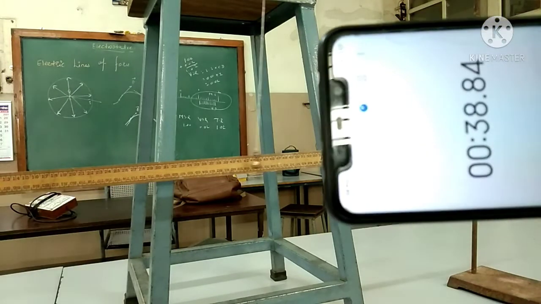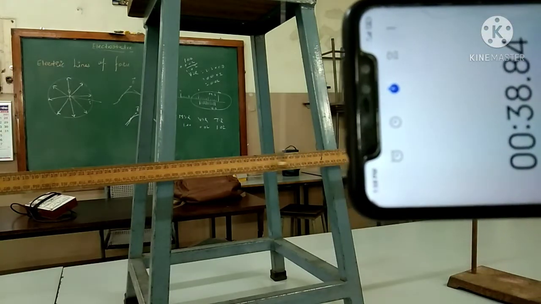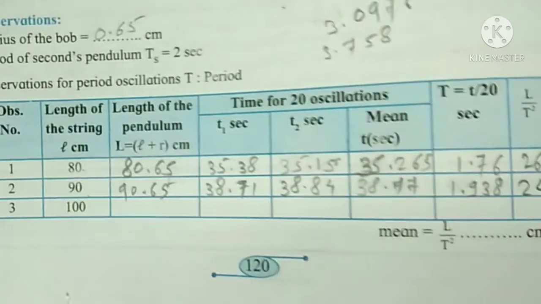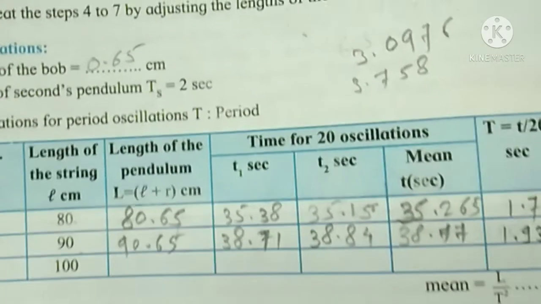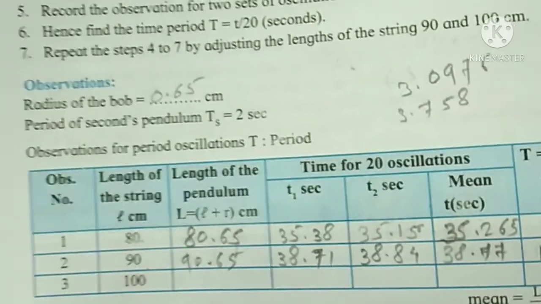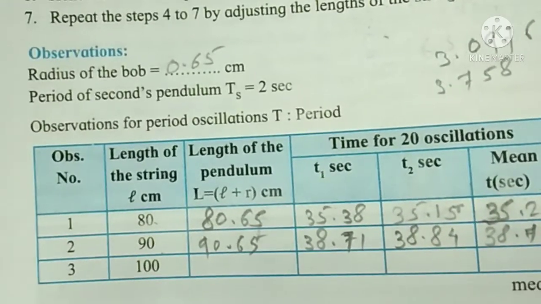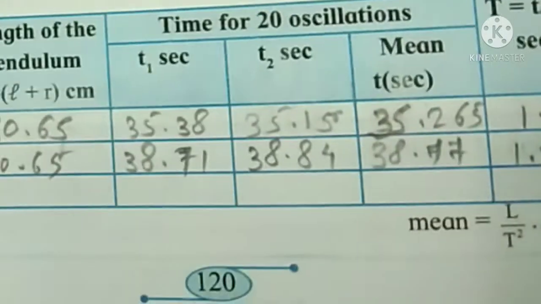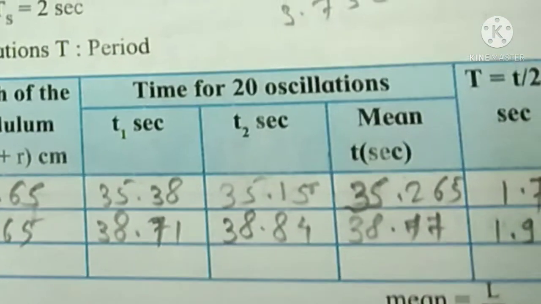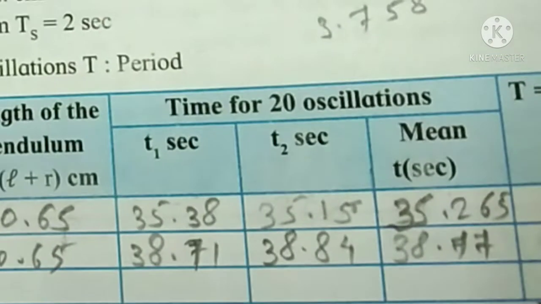That time is there 38.84 seconds. Right? Now we want to write down that. See student, here the time required for 20 oscillations for the second set, that time is there 38.84. Right? First reading is 38.71. If you add these two readings and again dividing by 2, then the mean of that is